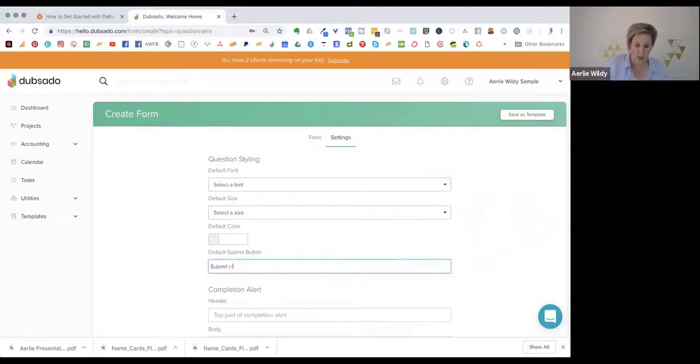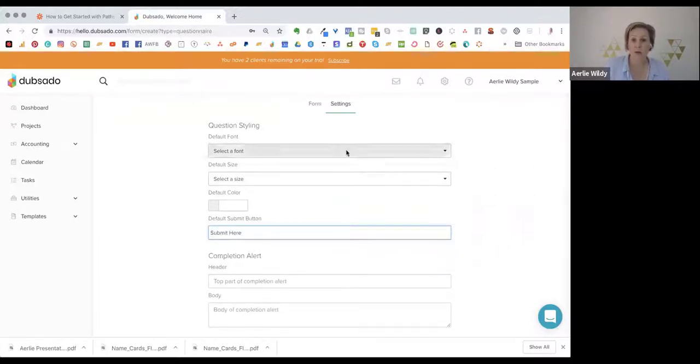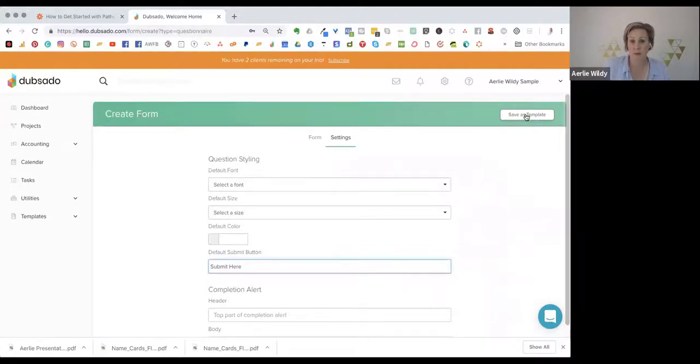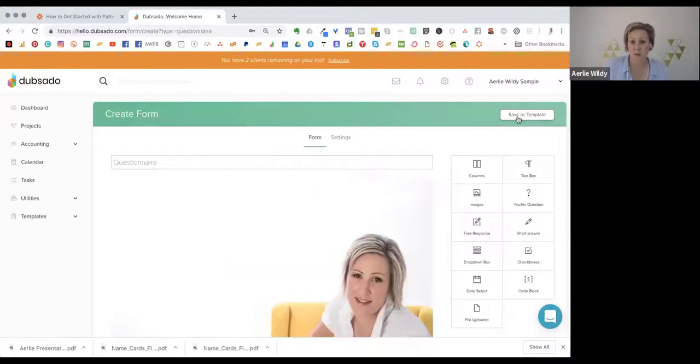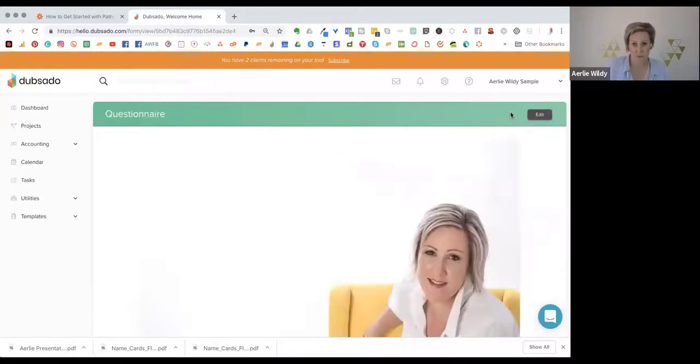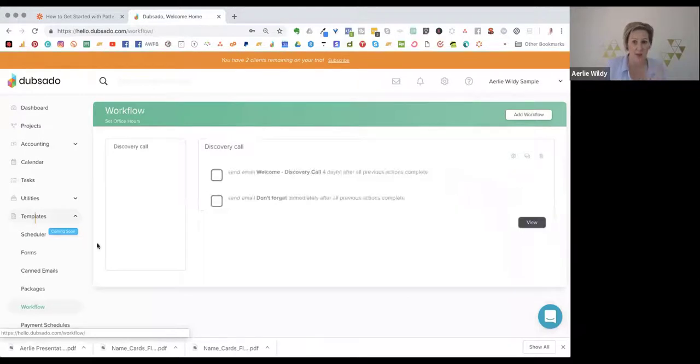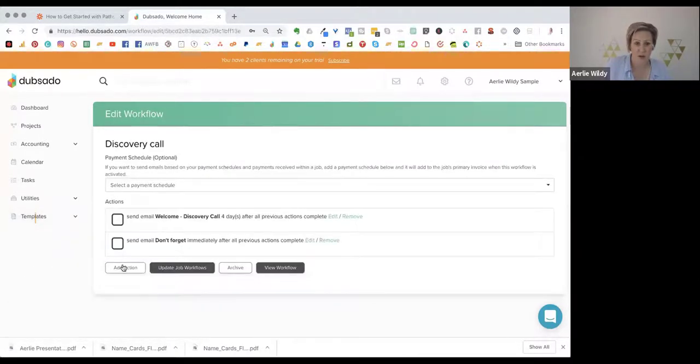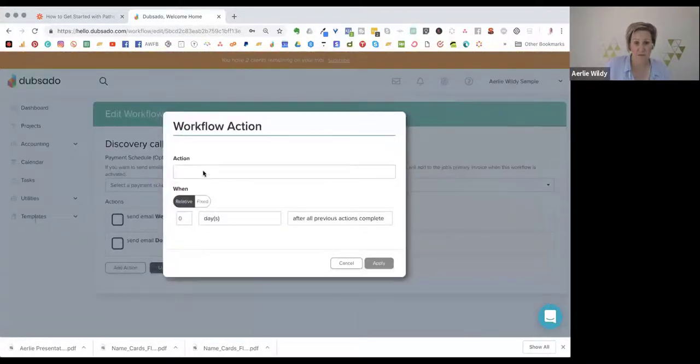Submit here. Form, questionnaire. Save. Lovely. So if I go back to the workflow and edit this workflow, add an action,